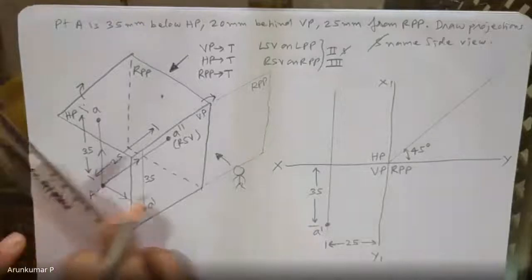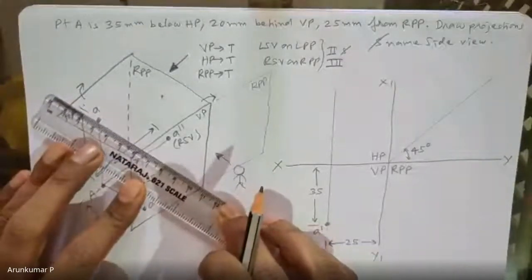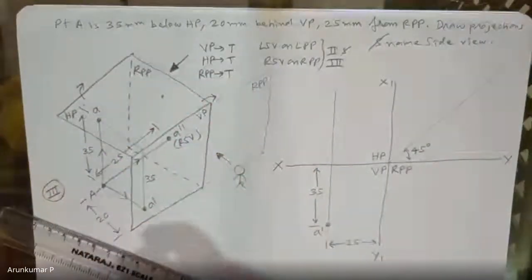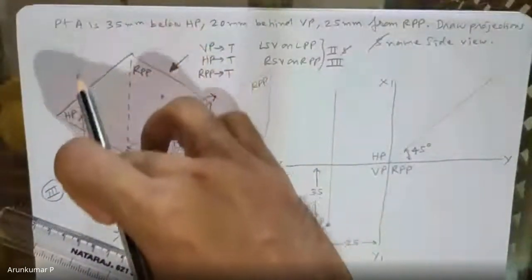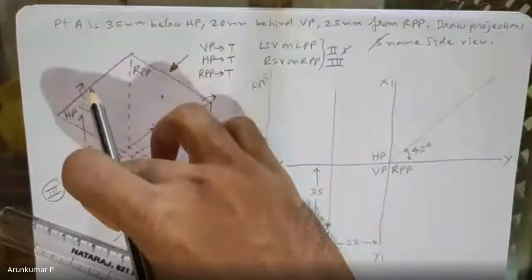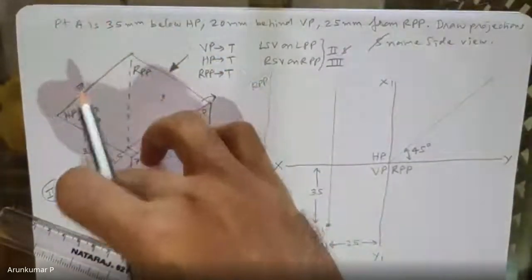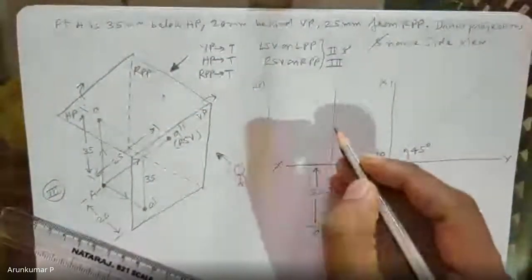Okay, next. A, the top view, is at what distance from XY line? 20 mm. Exactly 20 mm. So 20 mm